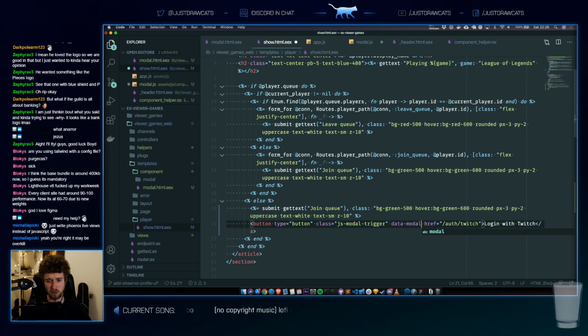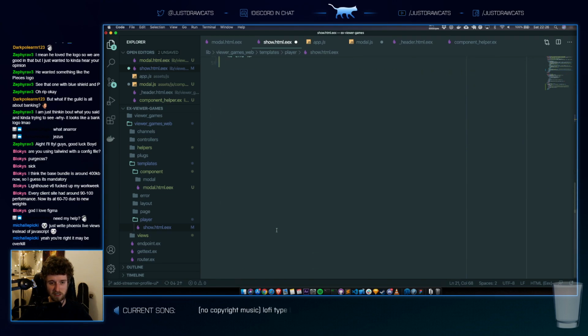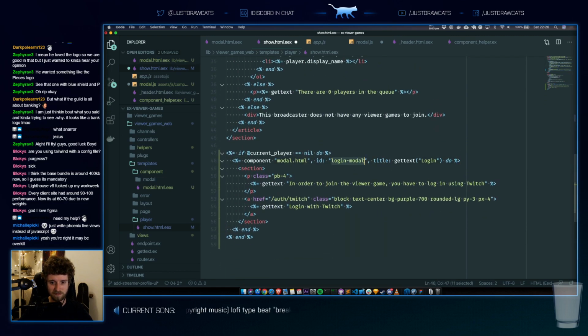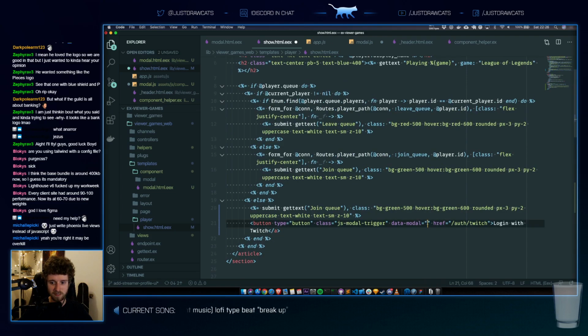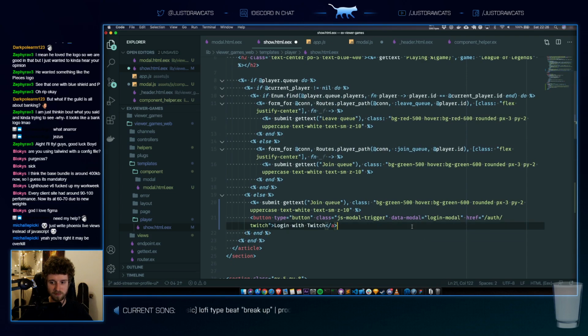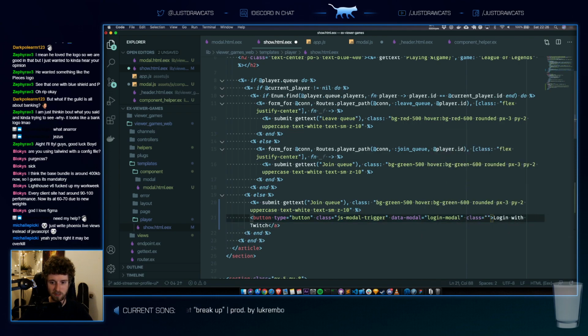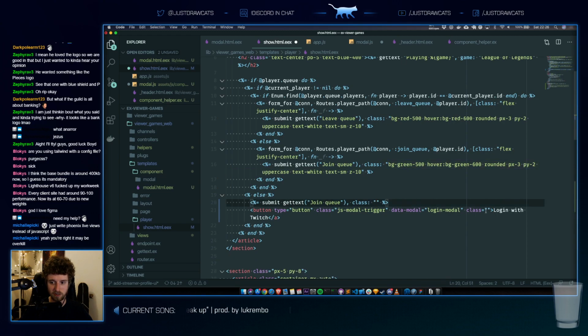Data modal equals... Oh god. It's been so long since I've done such ugly things. I love it though. I'm gonna copy paste all of the classes like a real hero.